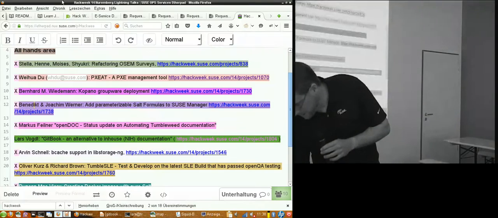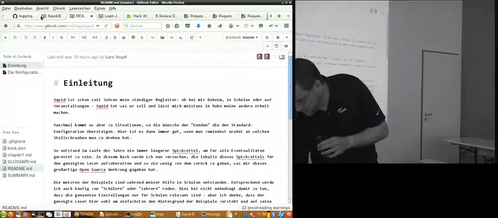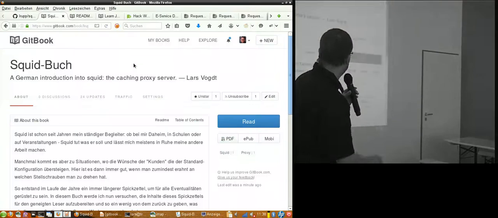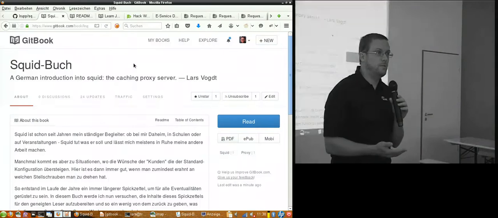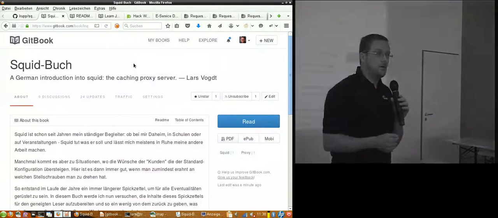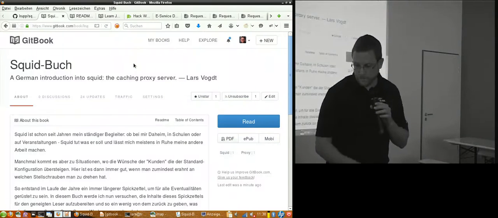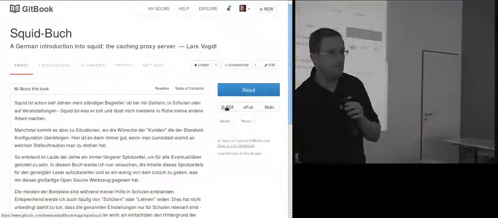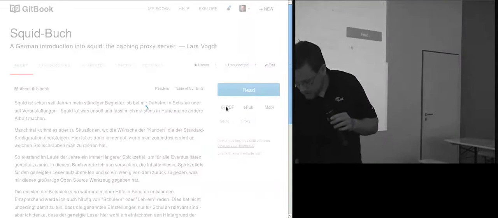So let's have a look. As you can see, that's how it looks in the beginning. When you write something, and this is when people search for your book, they can read online. So they will be presented with simple HTML pages, chapters and so on. They have a glossary directly to read everything online. And as you can see here, there is PDF, EPUB, MOBI or whatever. Just click on it, wait a second,